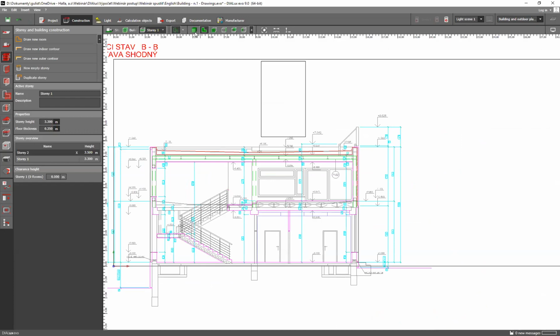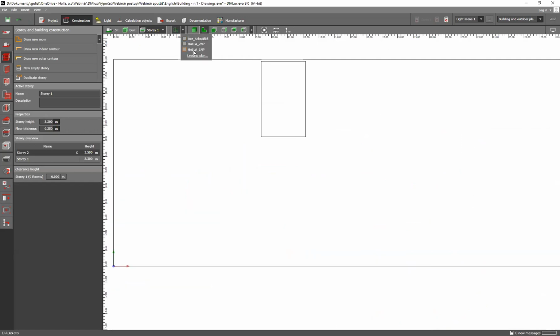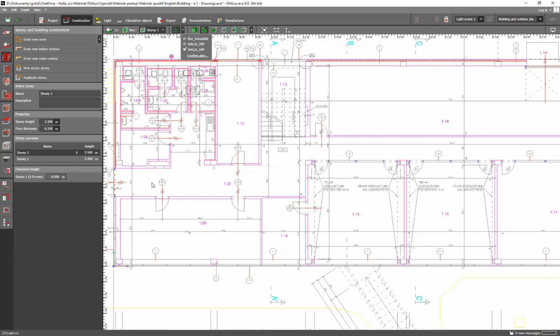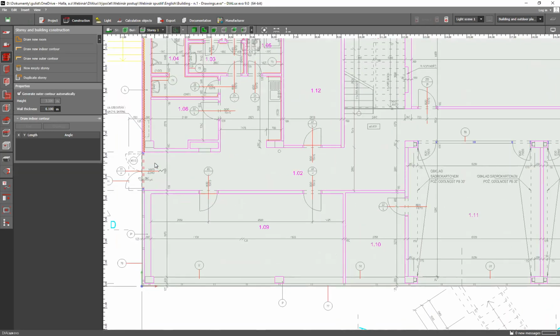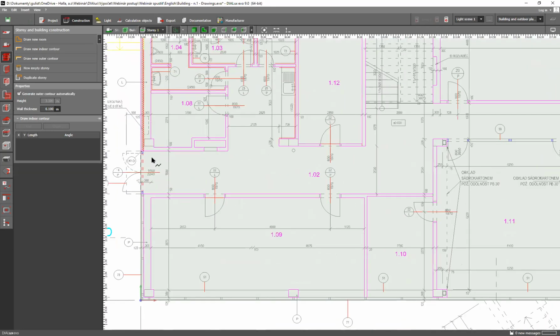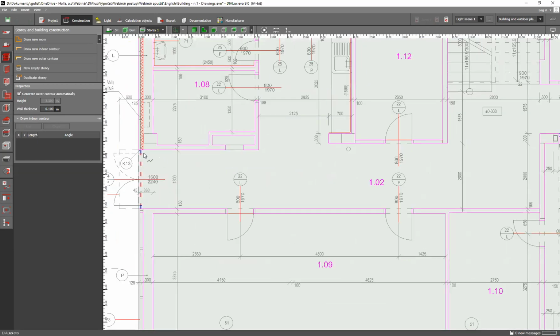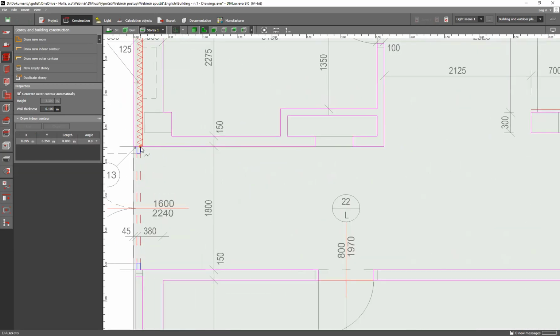We will show you how to draw a room in the building. So we will start on the 1st floor with the floor 102. We go to the left menu, to story and building construction, and choose draw new room. And it's the same as drawing the shape of the building. So we just click